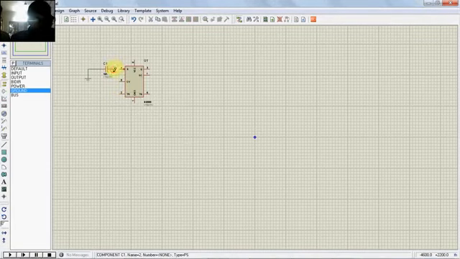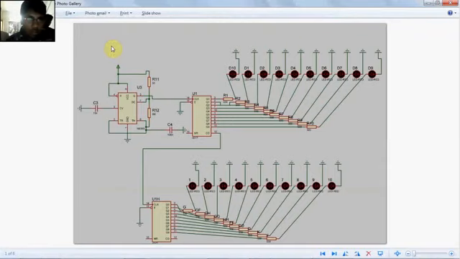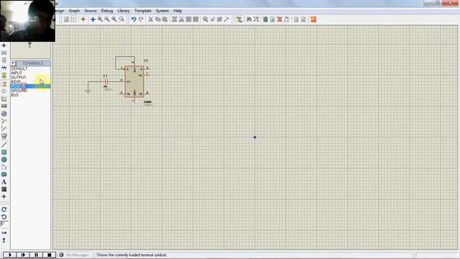Now I want to short these two and ground it. I think it's ground. Oh, it's power. I have powered it. Now a 2 megaohm resistor in between 7 and 6.